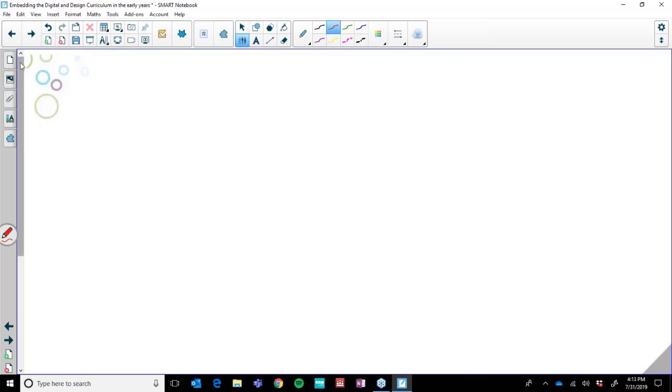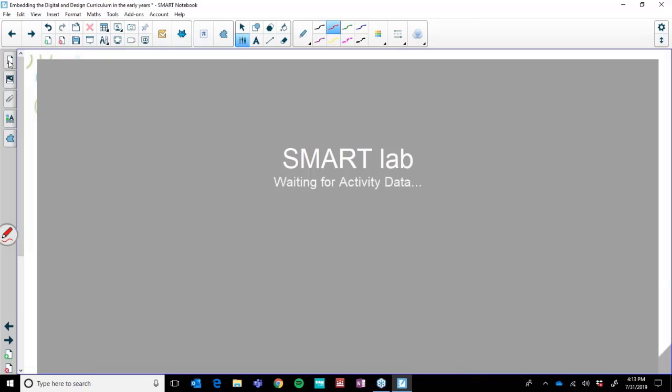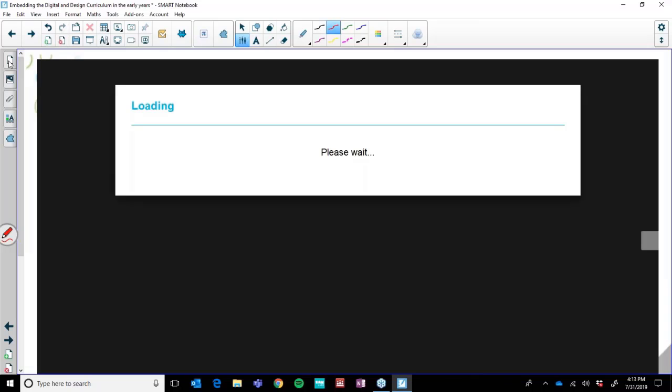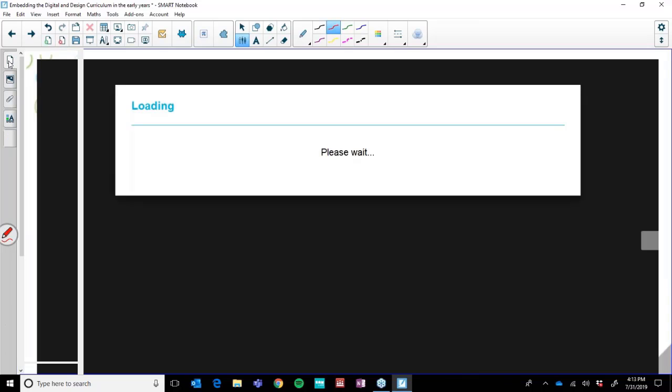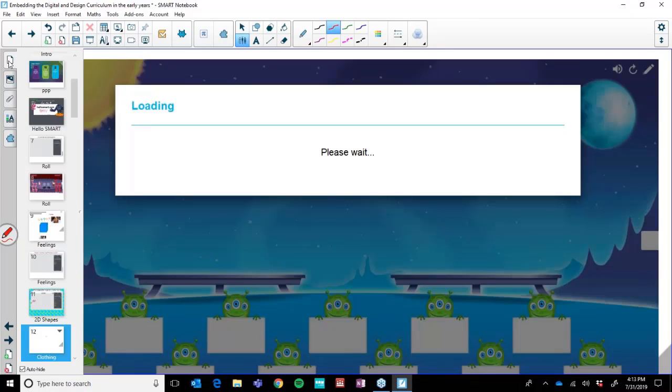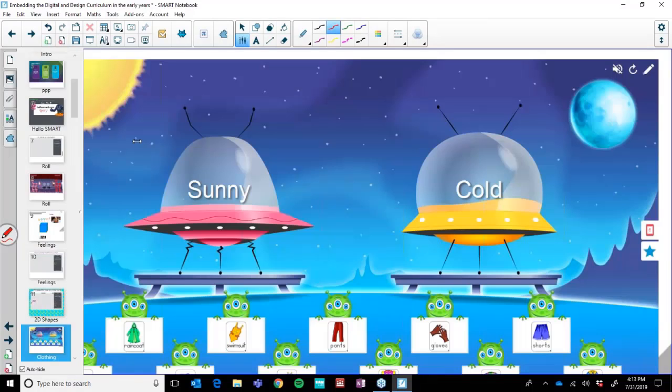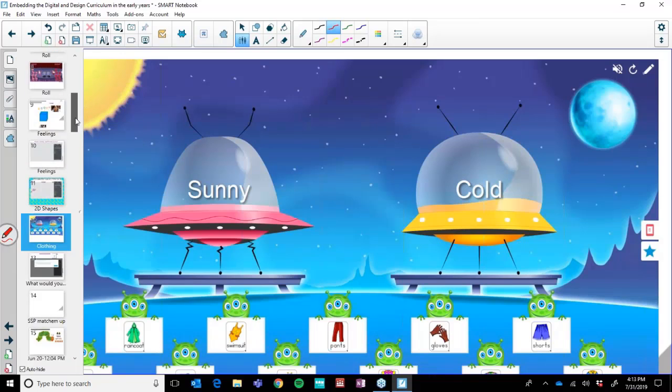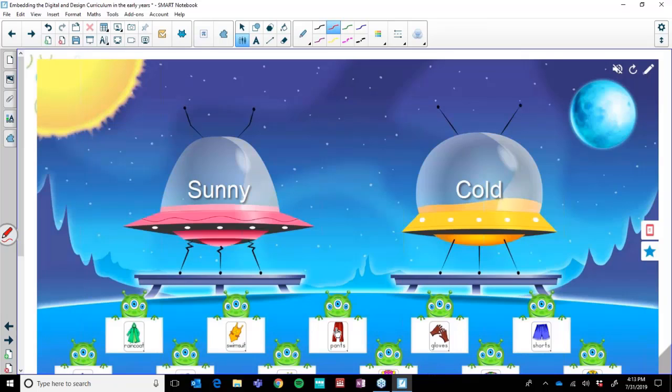So moving on from that one was another lesson that we did, where we had to start looking at materials. So we started looking at the types of materials in the design curriculum that were good for weather. And a part of this unit was where they had to design a piece of clothing for a certain part of the weather. So to start with, we were starting to learn all about the different types of things we would wear when it was sunny and cold.